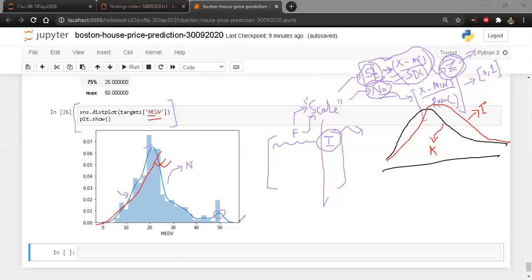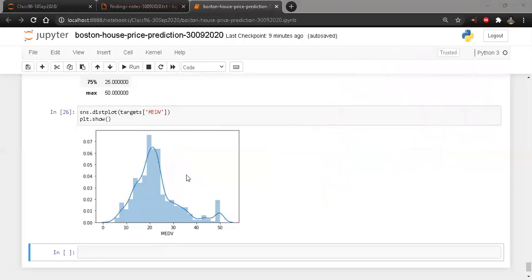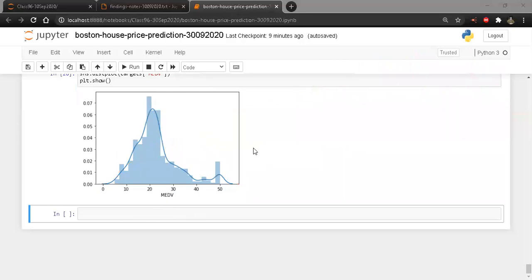If this had been a proper normally distributed thing, right, then the mean, median and mode should have been at the same place, and it should have been falling in the middle, right? But overall I can say that yes, it is okay, right? I mean, it is okay. So now, considering this is okay-ish in terms of normal distribution, we are one step ahead. We now know that yes, the target variable is also quite good. We know that yes, this is really possible.